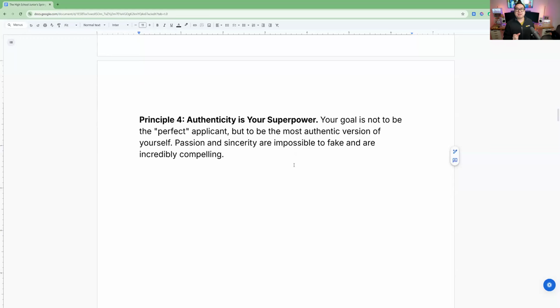The goal is to be authentic to you, because in this game, right, talk about computer science. If I ask all the computer science kids who here codes, I bet you everyone's going to raise their hand. Who here does a hackathon? A lot of them will raise their hands, right? When it comes to these things, everyone's doing the same thing. When I ask you who's doing sports, a lot of hands will raise up. So in terms of the things that you do, you can't really stand out that way. But where you stand out is who you are, who the student is.